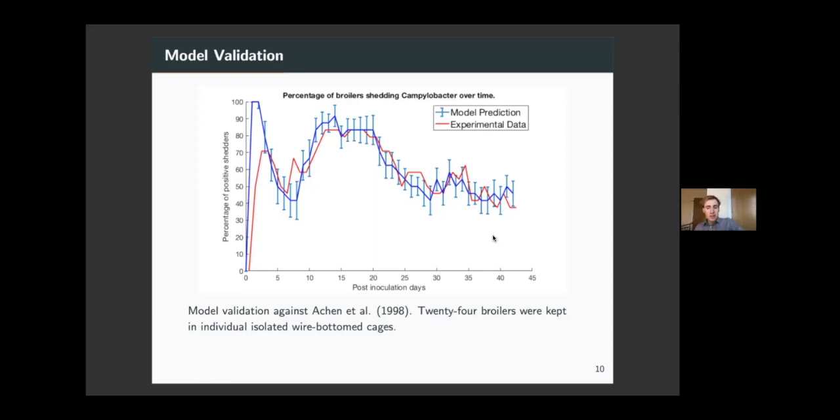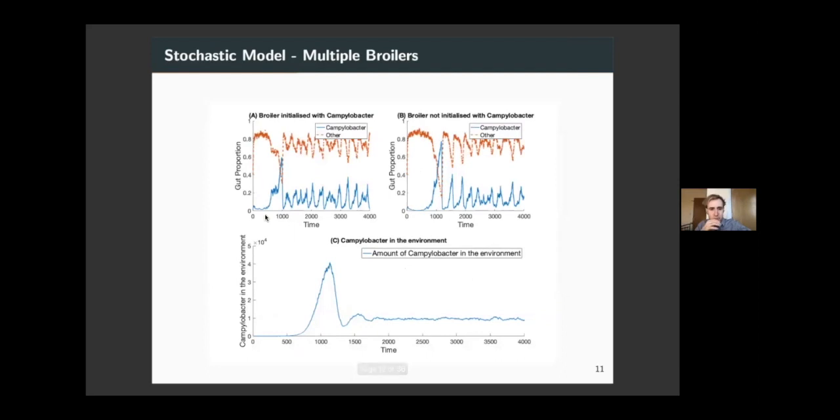And then what's interesting is we can see how keeping loads of chickens housed together starts to affect the dynamics on each chicken. So what we're now going to do is show you some results from simulations of lots of chickens together. And the way we do that is we introduce a new variable representing the amount of Campylobacter in the shared environment. So chickens will shed Campylobacter in their feces into the environment, and depending on how enriched that environment is with Campylobacter, the greater chance there is of chickens then ingesting Campylobacter and getting sick themselves.